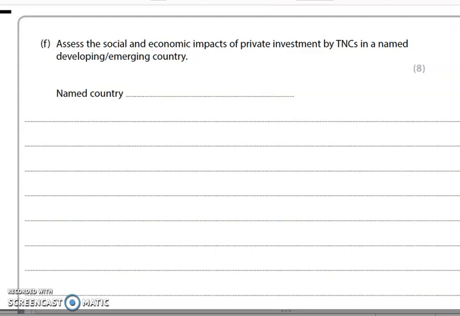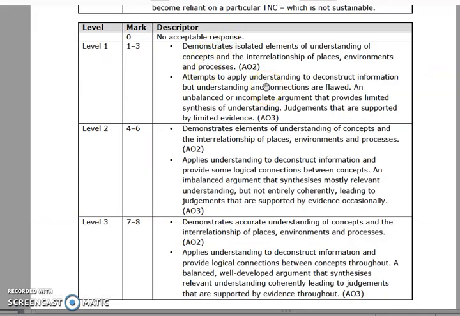Now, before we start this, let's just have a quick look at the mark scheme and remember that this will not be point marked, not like the shorter explain, describe or state questions. Here they look at the whole of the question and have you demonstrated an understanding of the key terms in the question and link them to the command word. You can see here that you've got to show accurate understanding, so the information that you've given is correct and that it provides logical connections. So therefore you're answering the question.